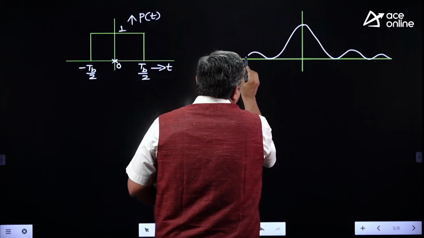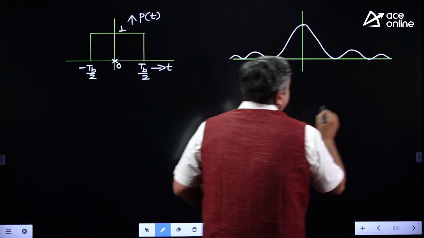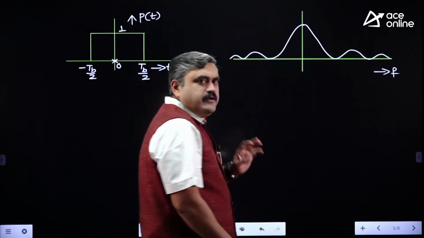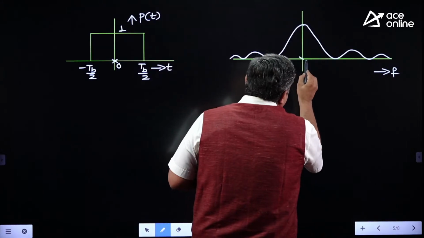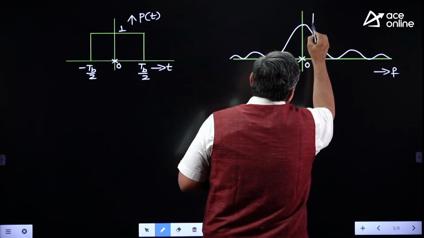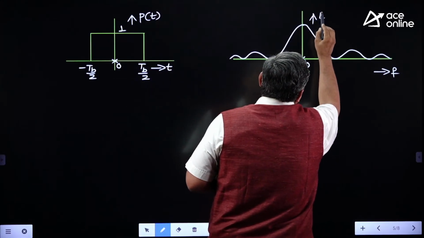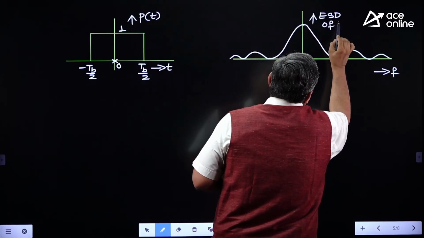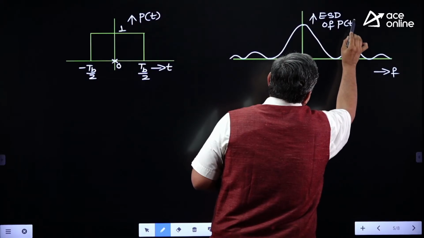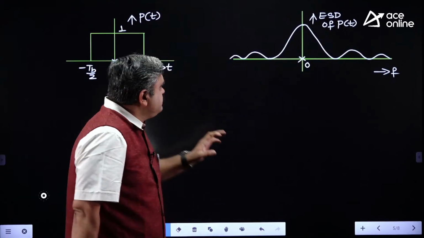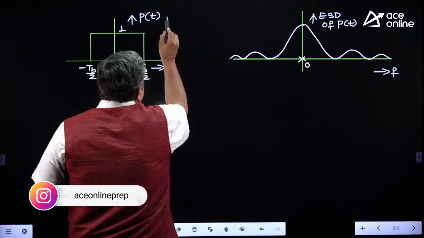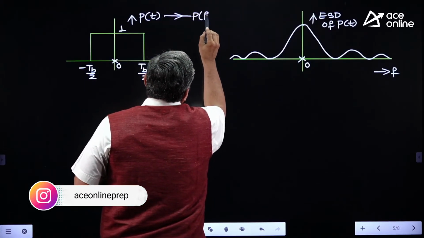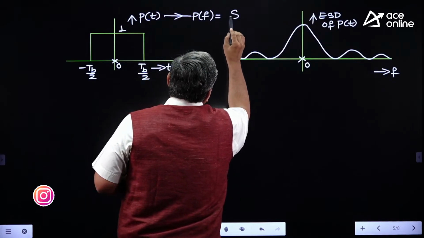Done? So this x-axis is now f. Is it clear or not? So this is your f equal to 0, and this represents your energy spectral density of pulse p of t. Okay. So when you take p of t, what is its Fourier transform? It is P of f. What is P of f? It will be a sinc function